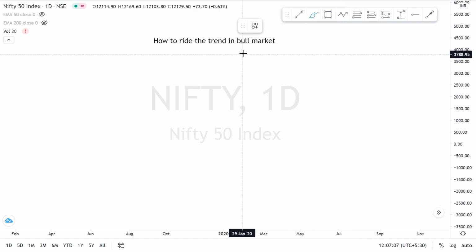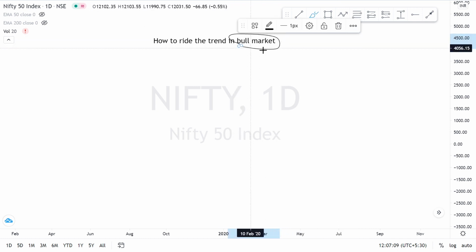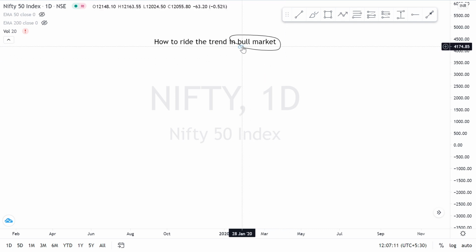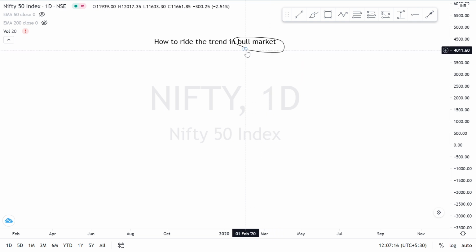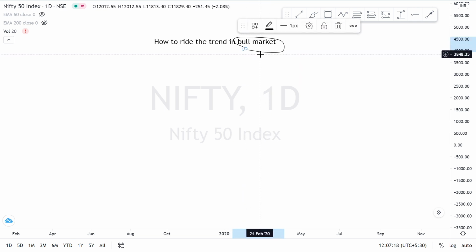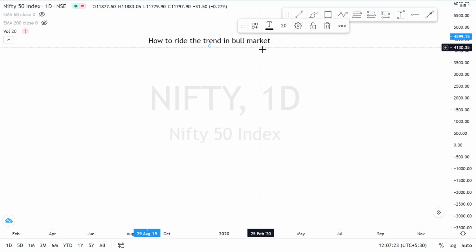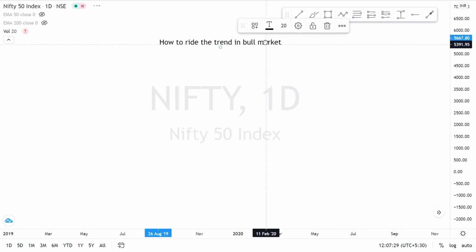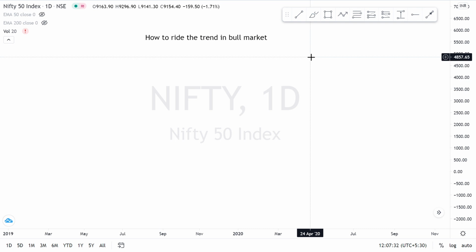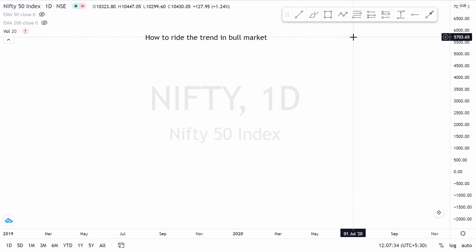For investors, a bull market is the dream market because almost all the sectors are on a rising trend. Almost all the stocks are going up irrespective of how the fundamentals of the stock are. So for investors it's very good, because over a long period of time, the stocks and the index tend to go up. But for traders, many traders, even experienced traders, tend to lose a lot of money. So what is the reason for that?